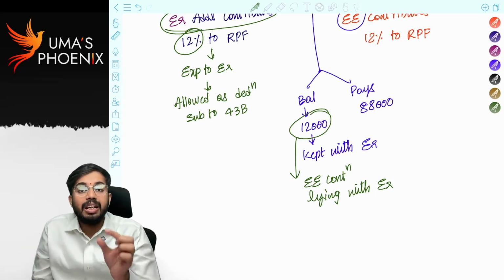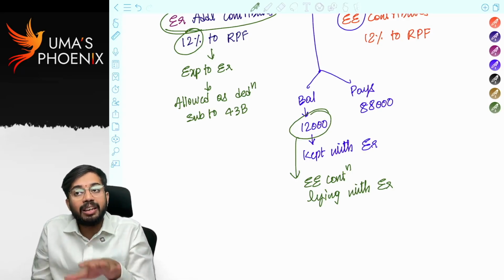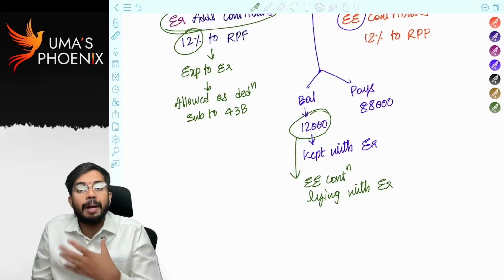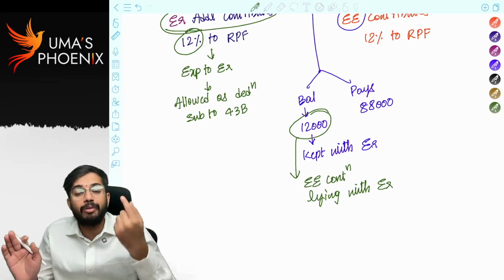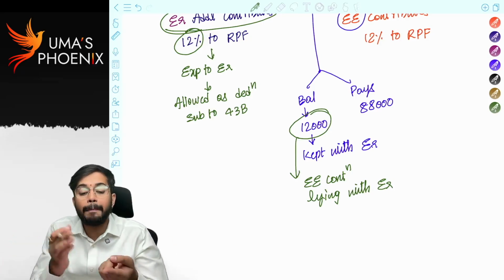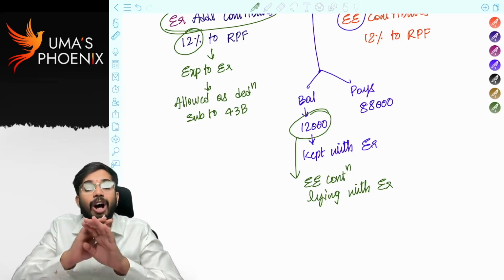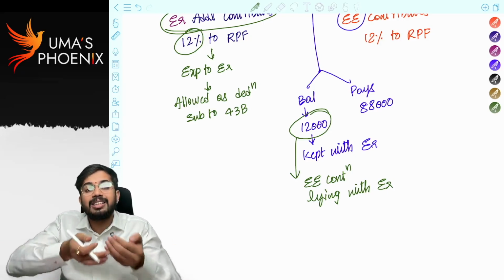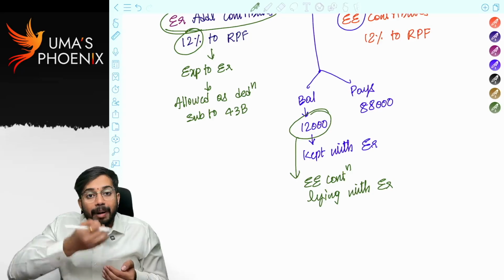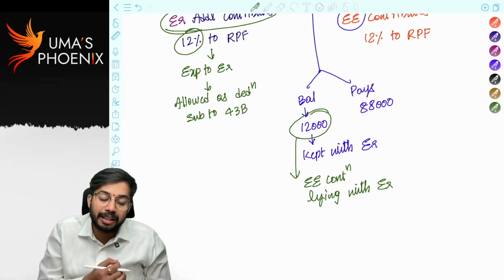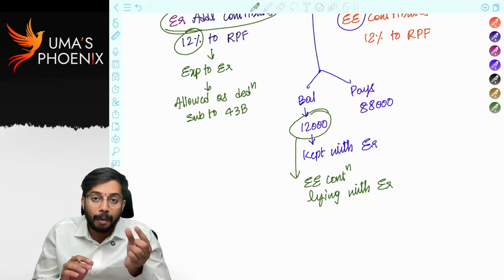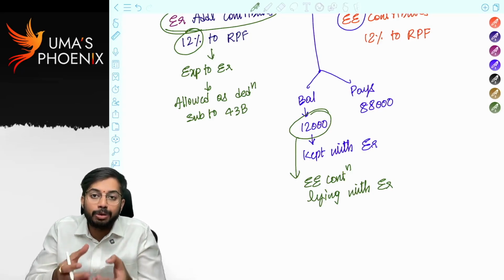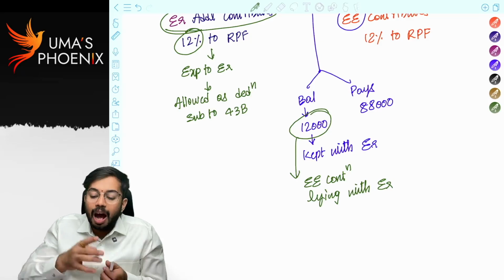Tell me one thing, whether this amount of 12,000 rupees is employer's money? No, it is not employer's money. Employer has to give 1 lakh rupees to employee. Employee money of 12,000 is not given by the employer and is retained with the employer. Why is employer retaining 12,000 rupees? Employer is retaining 12,000 rupees because as per Provident Fund Act, employer has to retain employee contribution, and whatever the